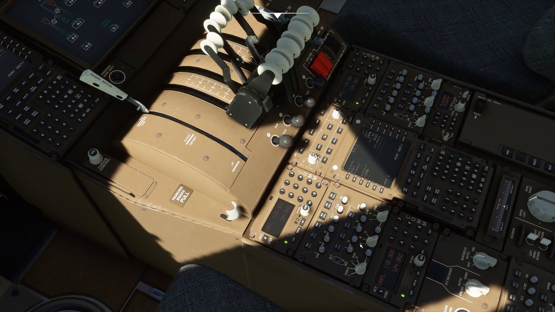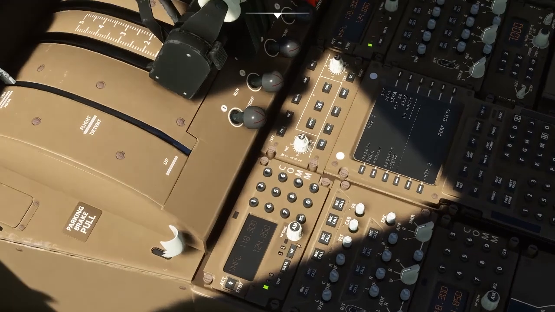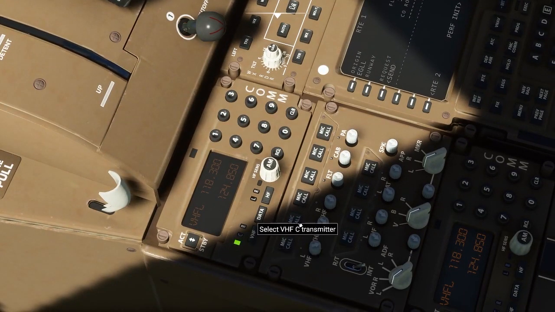Radios, audio control panel, another radio, so this is probably VHF 1, VHF 2, VHF 3, audio control panel, and you would press these buttons to get the audio from whichever ones, and then you would press whichever one you want to talk on, and the one that you were going to talk on would say mic on it. It's weird because some of them work and some of them don't. I'm trying to click on those, can't click on those, but I can click on these, but